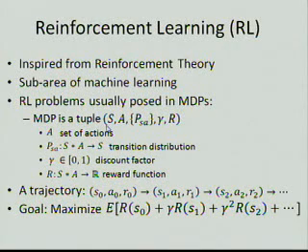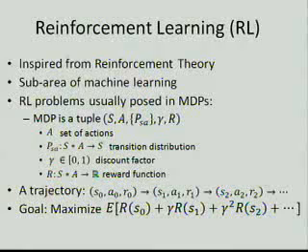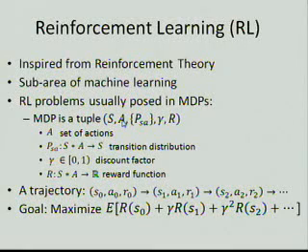An MDP is a tuple, where S is a set of states that an artificial agent can be in, A is a set of actions that an agent can take, and P(S, A) defines the distribution of next states S prime that an agent can be in if it takes action A in state S. Gamma is the discount factor, and it defines the relative importance of recent and past states. R is the reward function, and basically it tells the agent how well it is doing. If the agent takes an action A in state S, it will get some scalar that tells us how well it is doing.